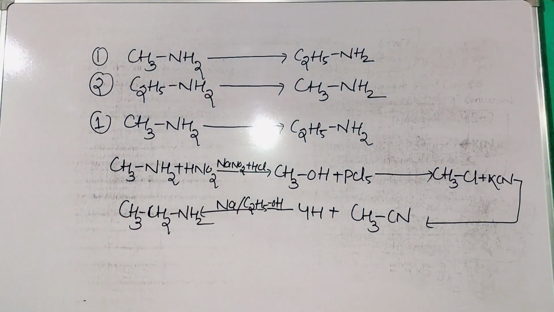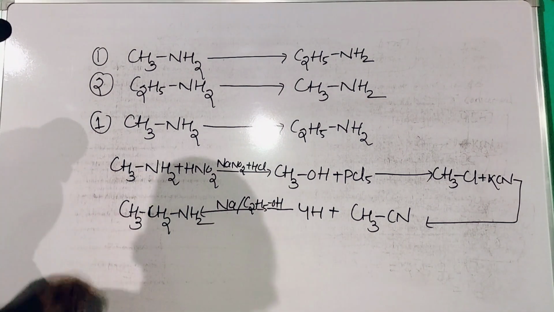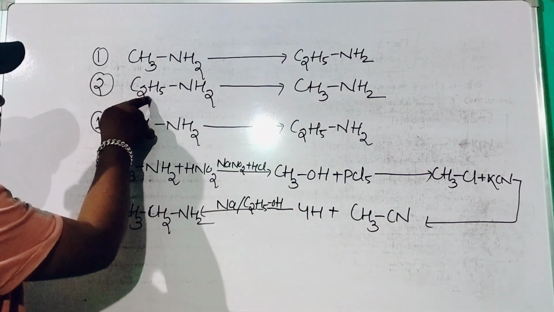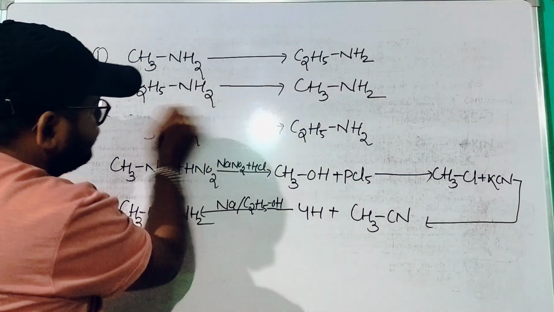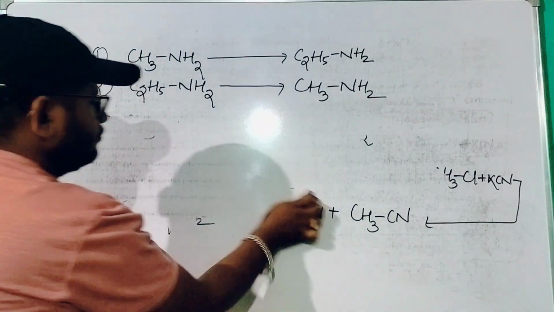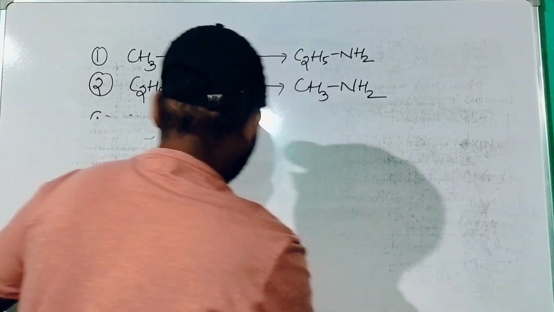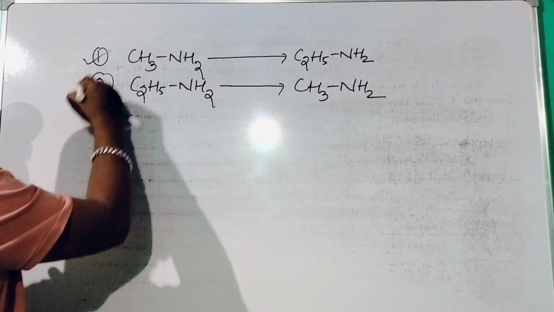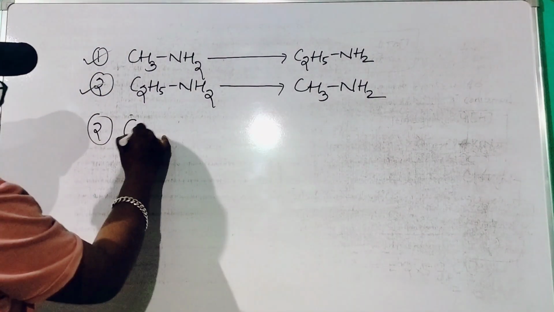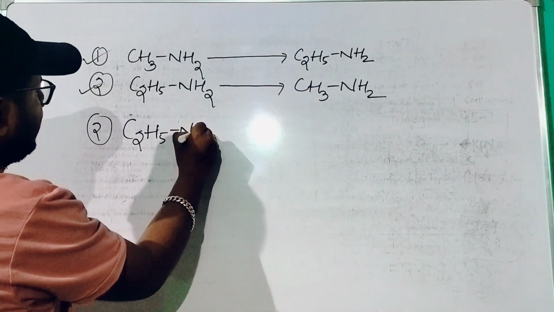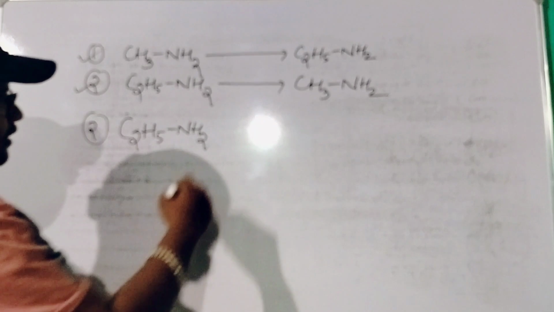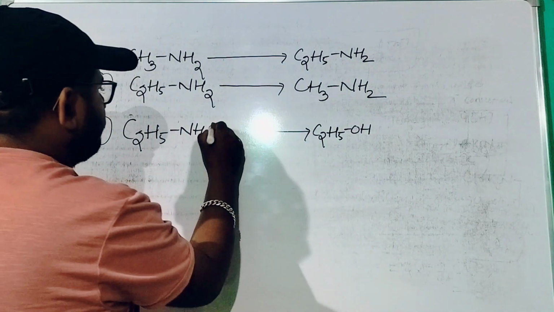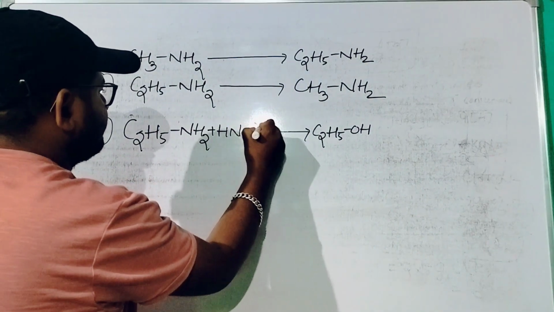Thank you. And our next conversion is convert ethylamine into methylamine. Let's do the second question. In the first step, ethylamine can be converted into ethyl alcohol by the action of nitrous acid,